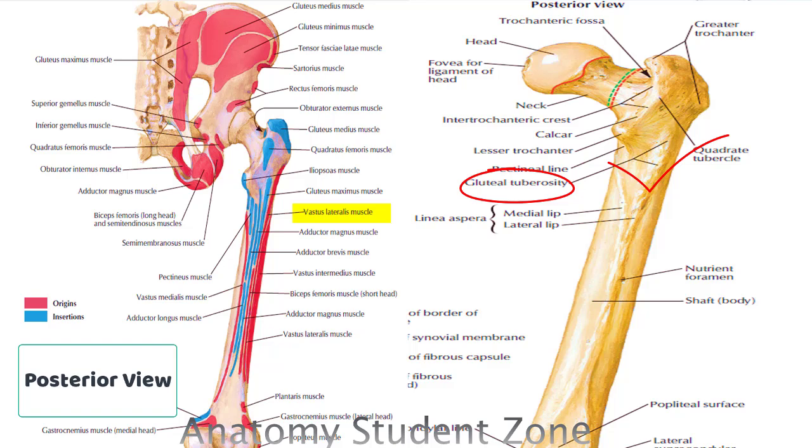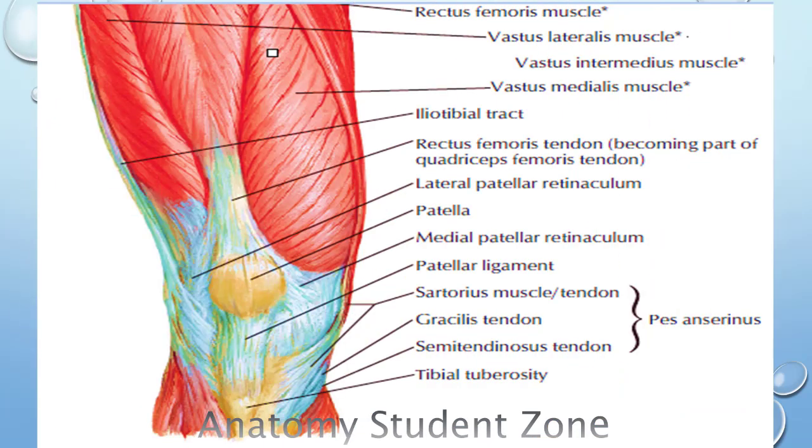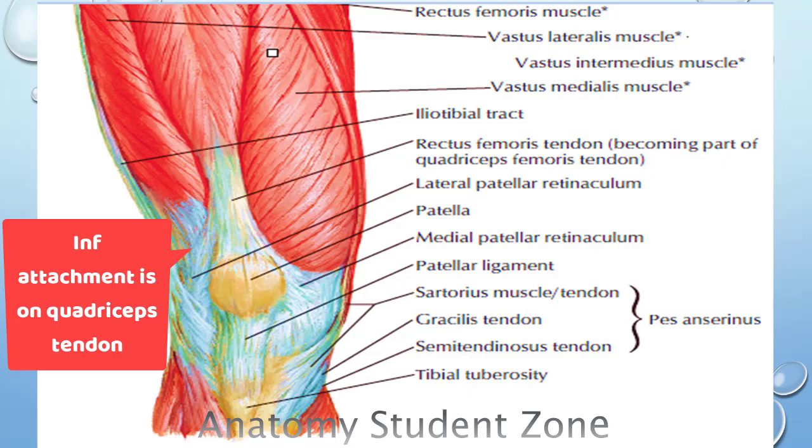So you can see from the anterior half of the femur bone and also from the posterior half, this muscle is going to take origin from various points. Besides this, it is also arising from the lateral intermuscular septa as well. Inferiorly, this muscle is going to incorporate into the quadriceps tendon, and again it's providing stability to the patella, because these are muscles which are providing stability to the patella bone.